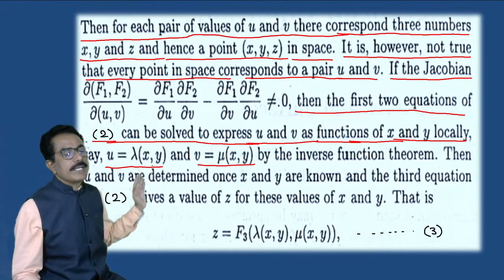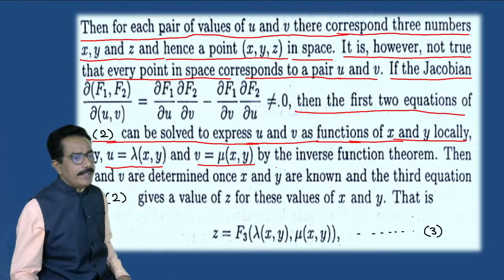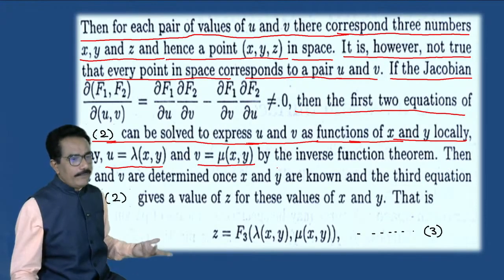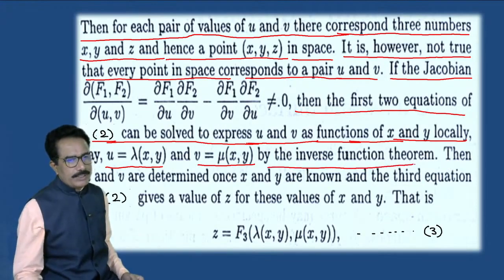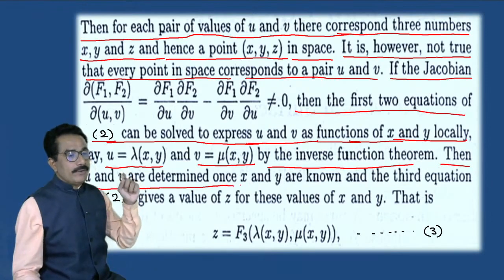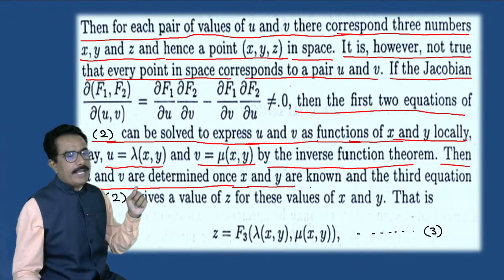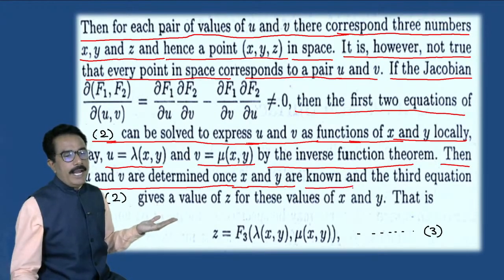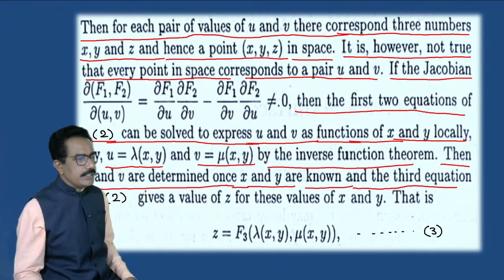By using this we can find the values of u and v by the inverse function theorem. Then u and v are determined once x and y are known, and the third equation in 2,